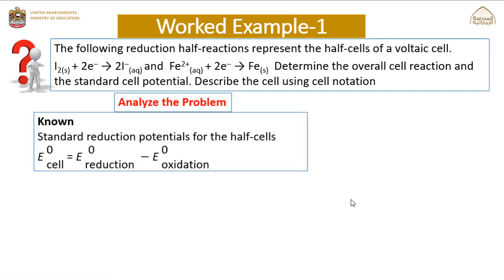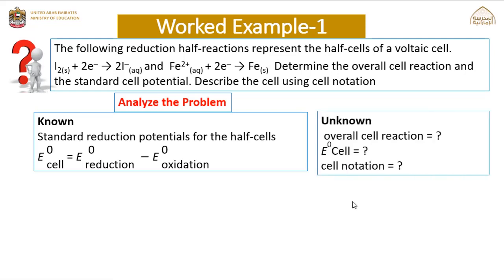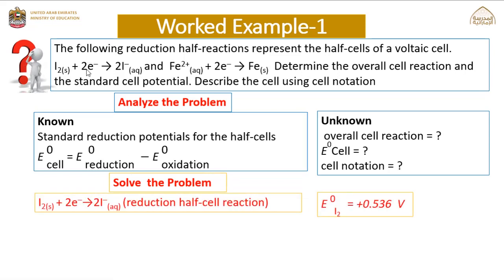Known values: none given. We have to know the equation. E standard cell is equal to E standard reduction minus E standard oxidation. Unknown: the overall cell reaction we have to find as well. E standard cell we have to find, and the cell notation we have to do. Let's solve the problem. First of all, we have to write the equation and find the value from the data